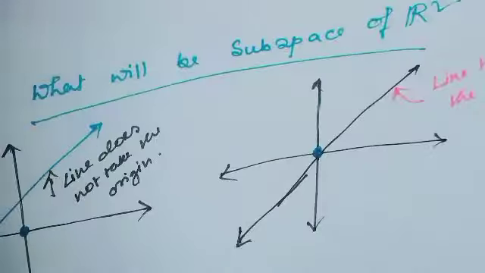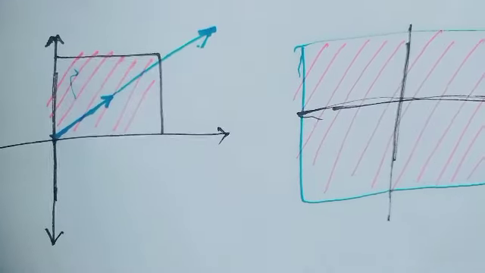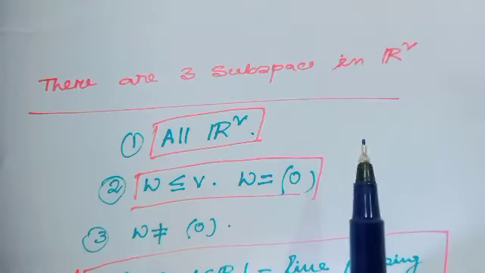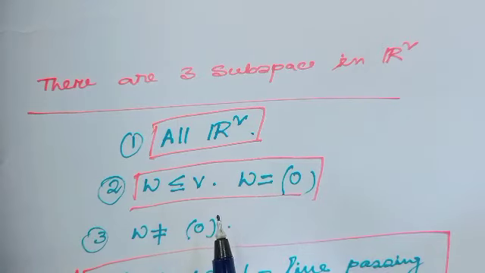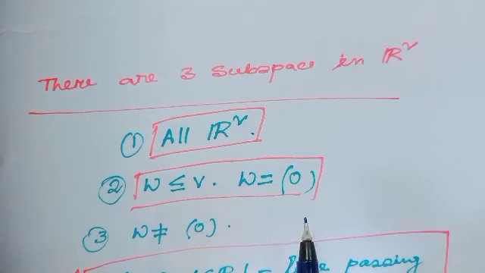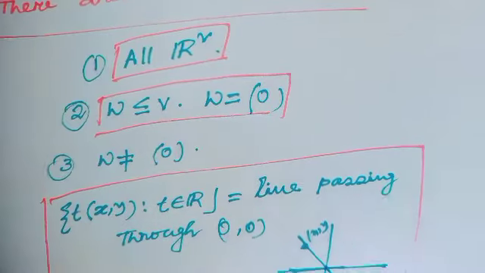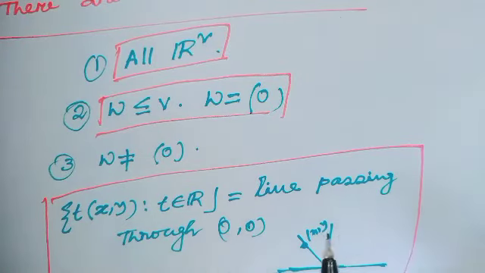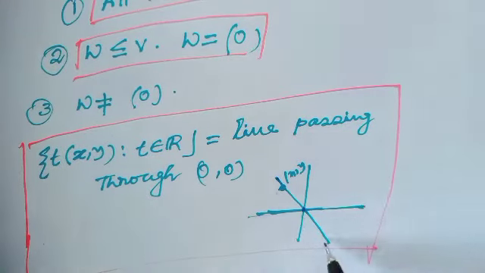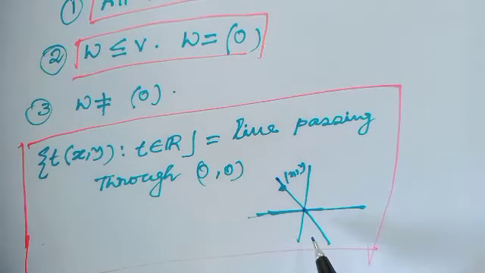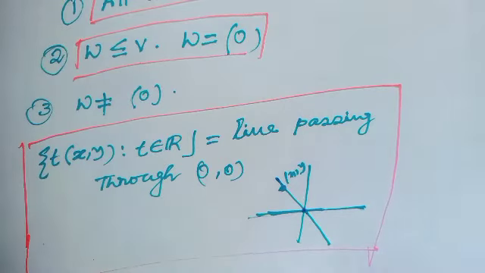That means a subspace of R2 is the whole R2. Second, when W is a subset of V, then one subset is only the vector which contains 0, and the other is when W is not equal to 0, the lines passing through the origin. Those lines which pass through the origin are also subspaces of